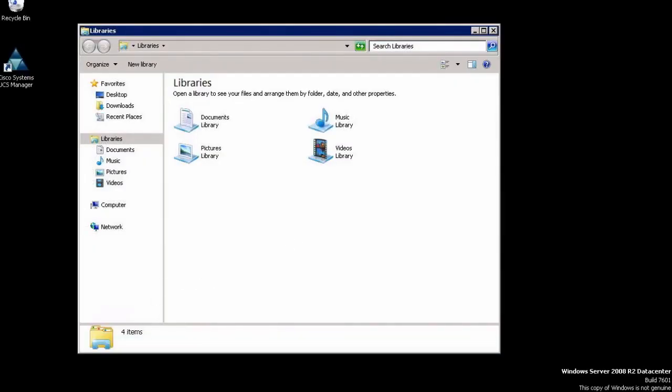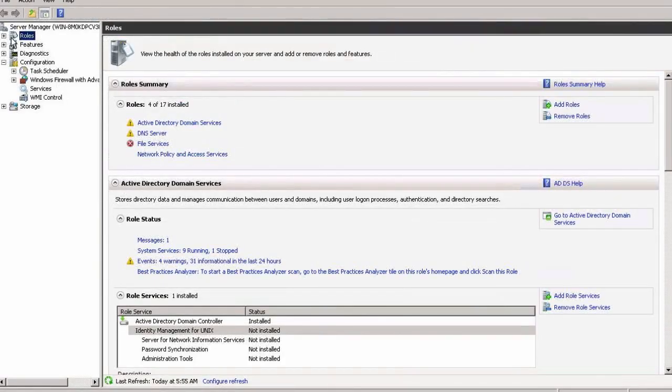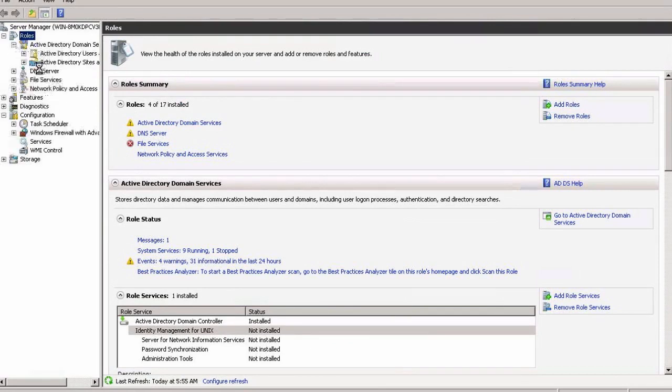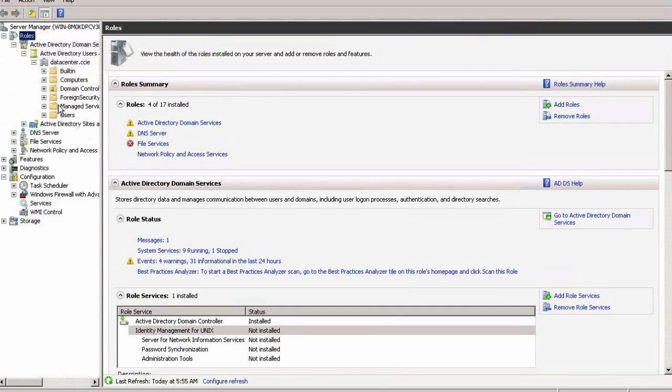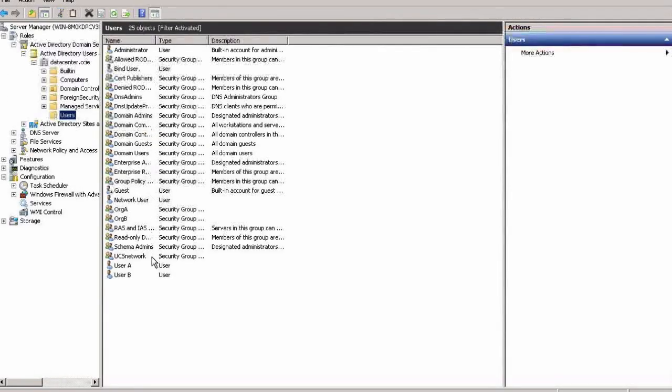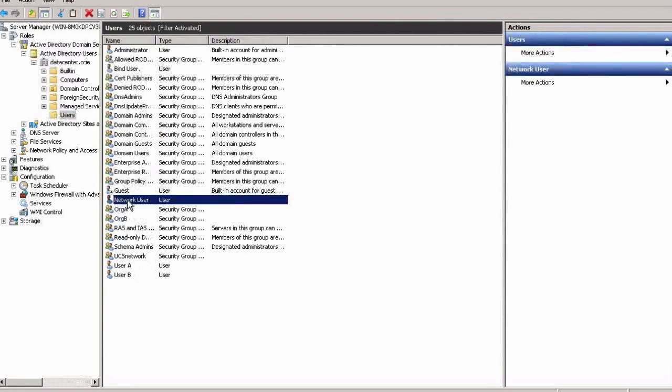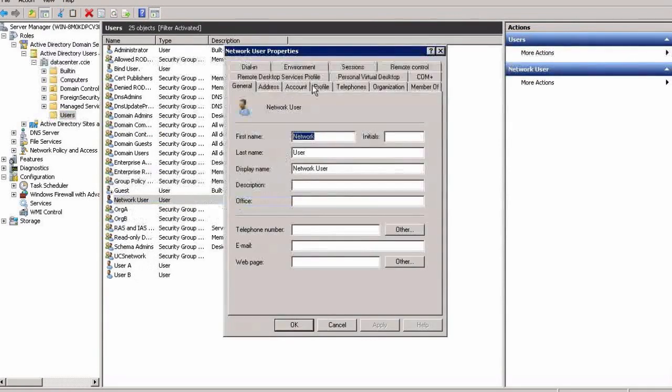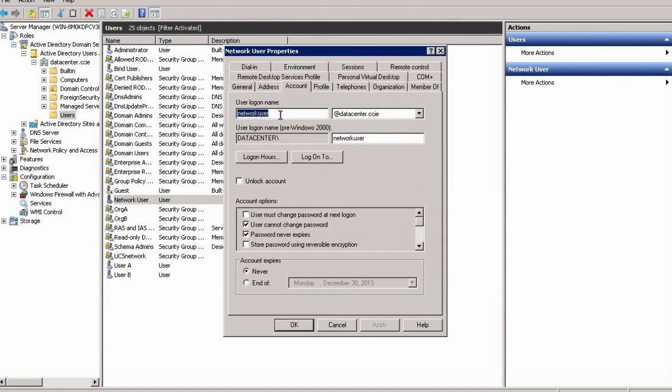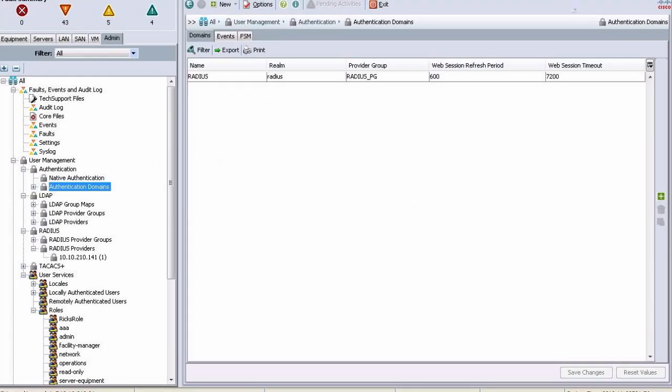So this is my Radius server. Let's check what users I created. This one, users and computers. I have administrator, I have network user, that's one. That is called network user, and I know the password, so I should be able to log in using the username of network user